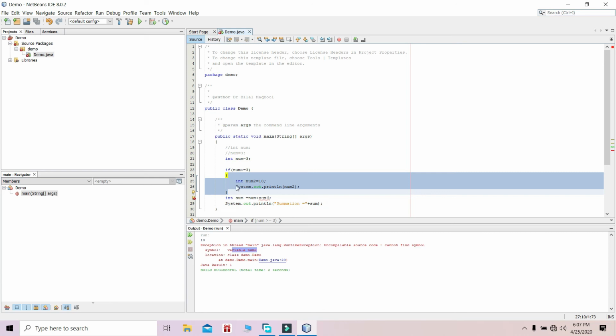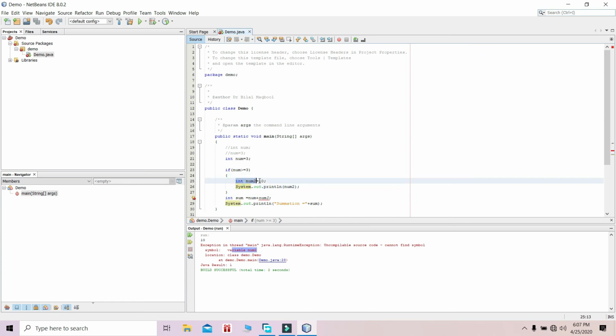However, if I cut it here and drop it anywhere after this, but not within the block,